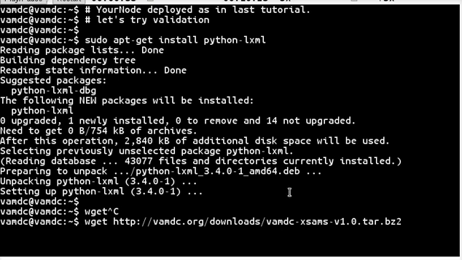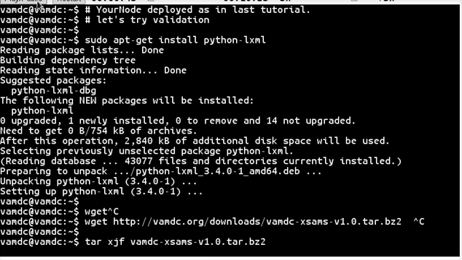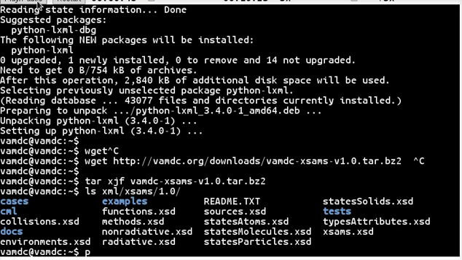Then we need the XAMS schema to validate against, so we download this from there. And once this is done, we'll see all the XSD files, which are the XAMS schema itself. No need to look at them, we just use them to run